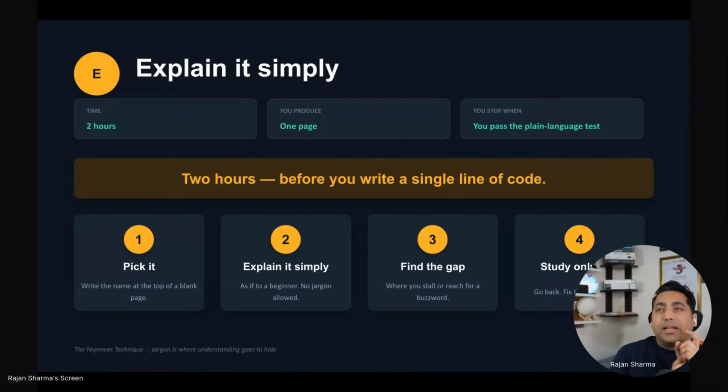So I will repeat it again just to simplify. You have the context, you pick a friend who is non-tech, maybe your family or parents, and you explain it to them in layman's language, and note down every time you get stuck. That is the concept which is missing for you. Then go back, study it again, and do the explanation again. Keep looping until you understand the technology enough.